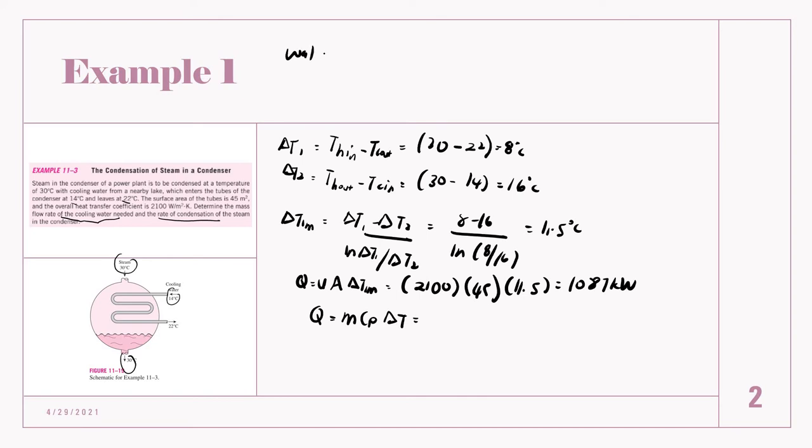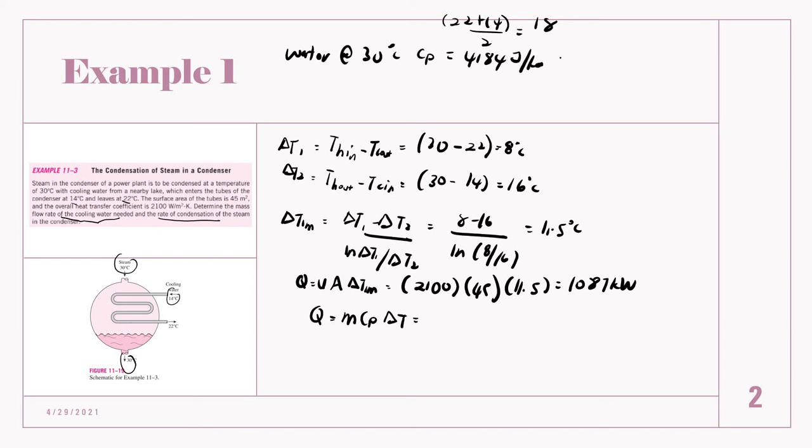For water, we need the specific heat capacity at the average temperature, which is 22 plus 14 over 2, so it's around 18 degrees Celsius. Cp at 18 you will have 4184